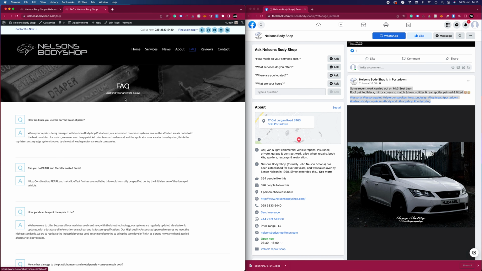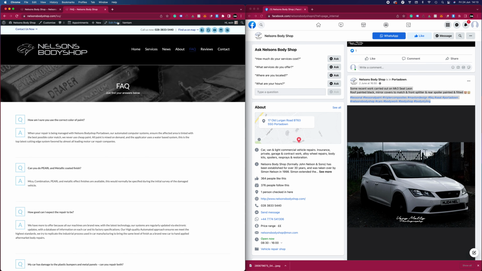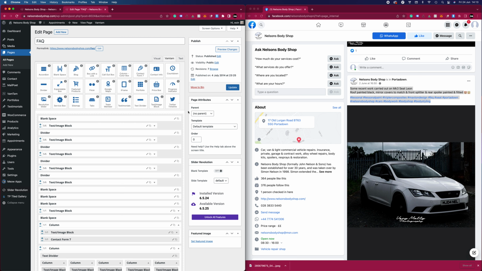Frequently asked questions. Add in a frequently asked question. You can go to the frequently asked questions page, and at the top press edit page. This will load up the page builder. You can see in a second here. Although this does look sort of complex,